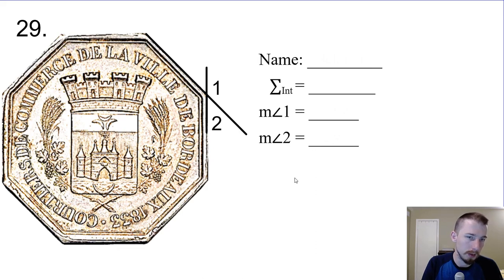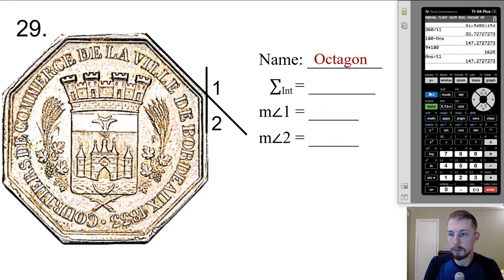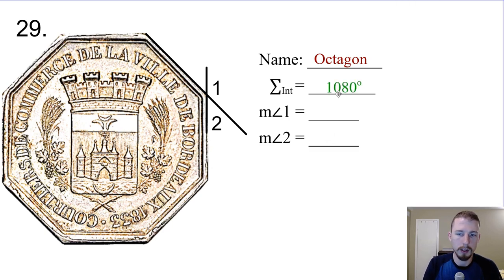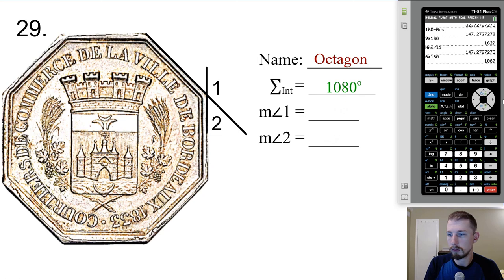I think this one's a French coin, and it's an octagon. It looks just like a stop sign, doesn't it? So it's an octagon. Sum of the interior angles, so we have 8 sides. 8 minus 2 is going to be 6, so we have 6 times 180, which is 1080. For all the interior angles, there's 8 of them, so I'm going to divide it by 8, to figure out what each one of them is going to be. Each one of them is going to be 135